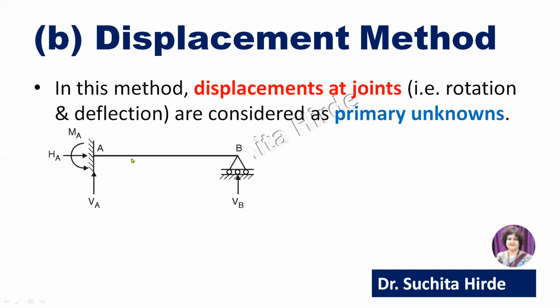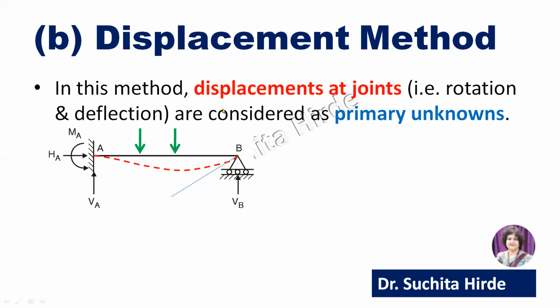So for example, we will consider the same example. In force method, we have considered this VB as unknown, primary unknown. In this method, displacement method, when the load is applied on this structure, the structure will have a deflected shape, something like this. And at the end, there will be a slope here. So that slope theta is taken as primary unknown. Once you calculate that theta, then you can calculate other moments and shear force, bending moment diagram, etc. But first of all, you have to calculate this theta.